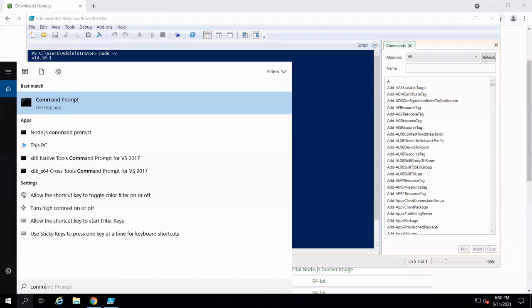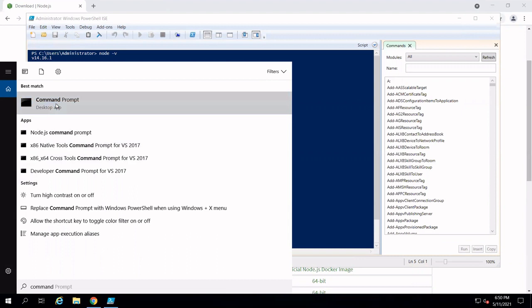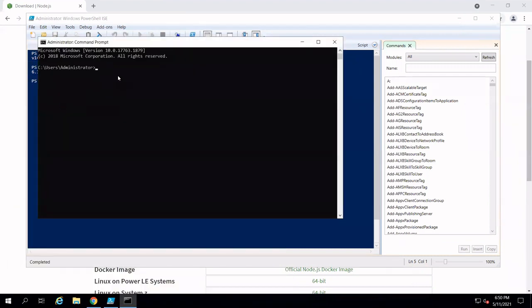From the start button, you have to open a command prompt. In that, as I told you, the command npm install npm -global. So enter that command and press enter. Now it has started updating the previous version of Node.js which we have installed in this system.